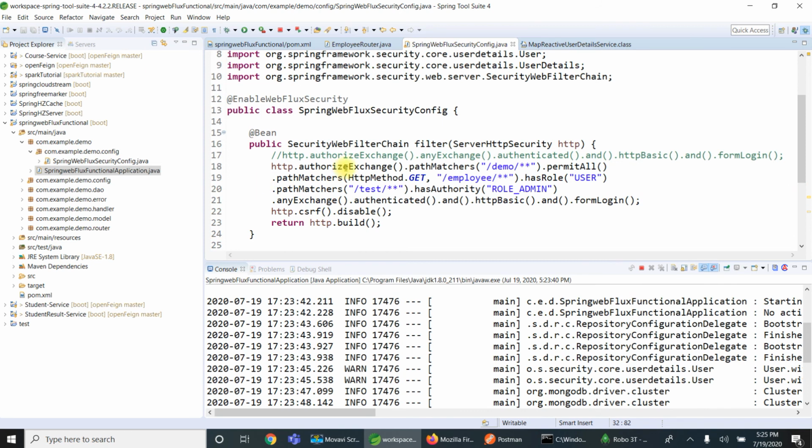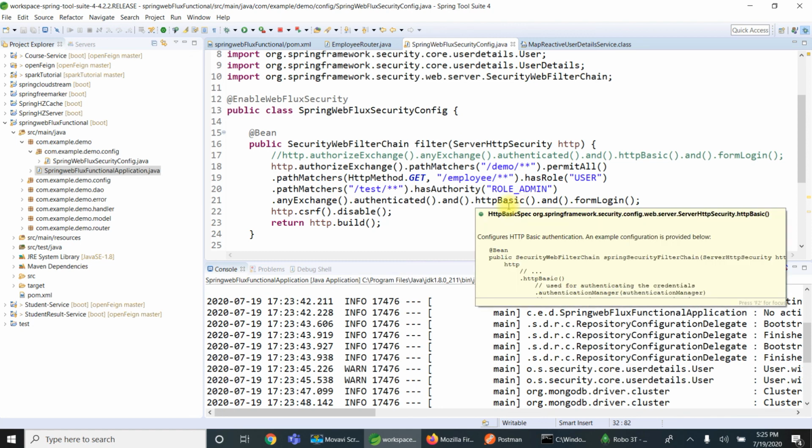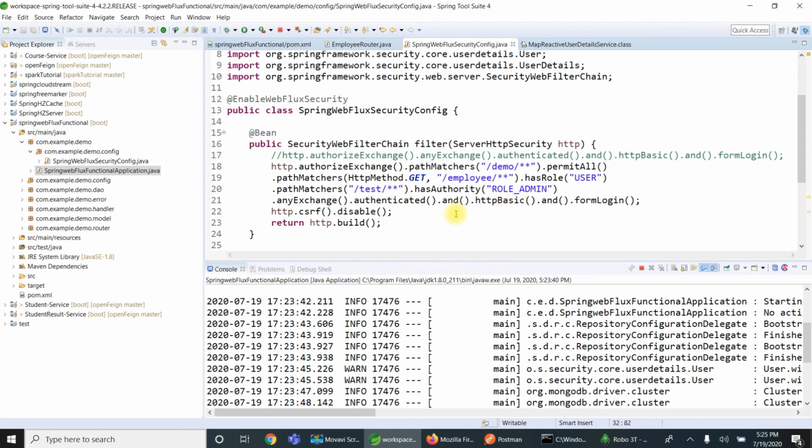So we have to use the ServerHttpSecurity, and we have to use what patterns are to be allowed using the path matcher, so we can specify what role needs to be there for that user to perform that operation, or whether you want to permit without any authentication. All those things we should be able to configure. In a normal Spring application, we can just use HttpSecurity, and the bean is the SecurityFilterChain.